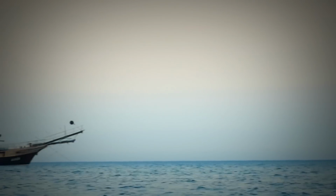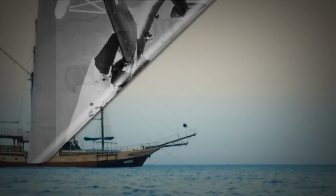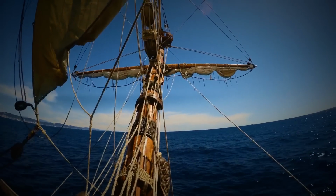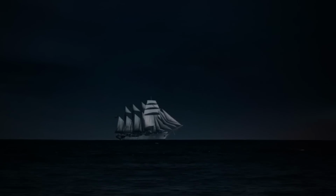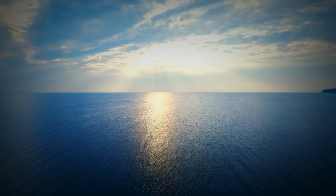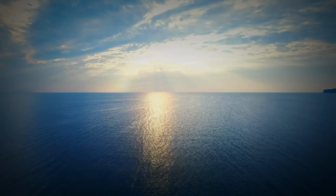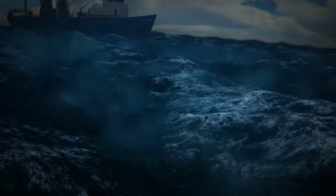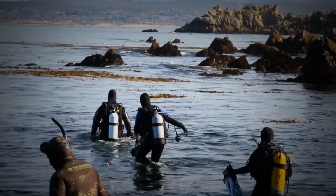In the year 1800, a large sailing vessel called the USS Pickering departed from the U.S. on its way to the West Indies. The ship sailed into the Bermuda Triangle along with its 90-man crew and was never heard from again. The USS Pickering was the first ever confirmed ship to vanish in the Bermuda Triangle. It's believed that the ship was taken out by a storm, but because no wreckage was ever found, we'll never